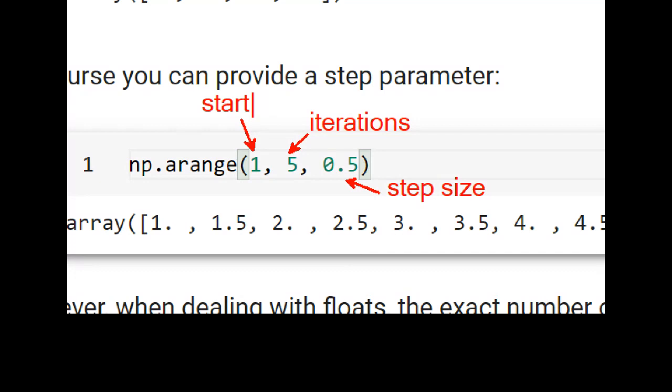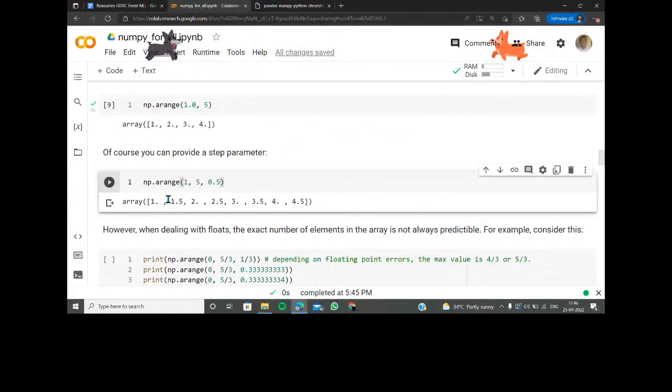So let's just count here. 1.0, 1.5, 2.0, 2.5, 3.0, 3.5, 4.0, 4.5. 1, 2, 3, 4, 5, 6, 7, 8. But 5 is now being neglected, though 4.5 was being considered.